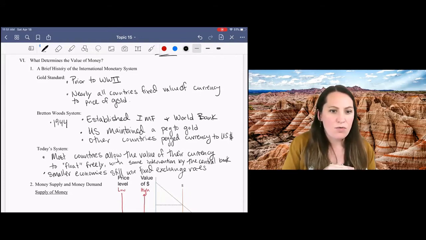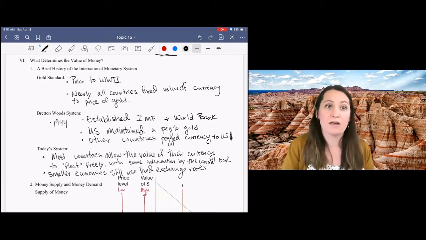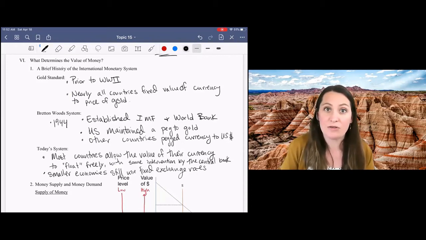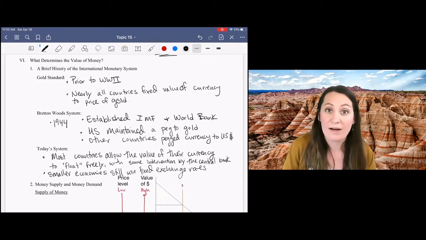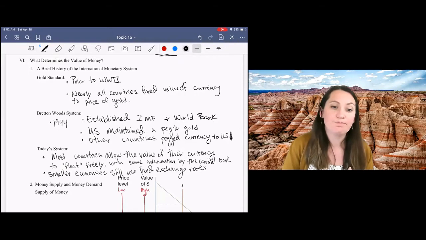And so this system also has now gone away because, again, these currency pegs are really very expensive for the government to maintain and don't allow a lot of flexibility in responding to economic crisis. So in the 1970s, we had these really big oil price shocks where the price of oil went way up because the OPEC countries instituted an oil embargo on the US.